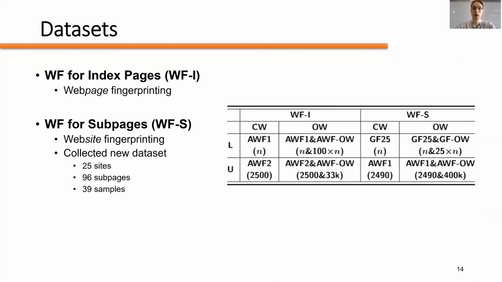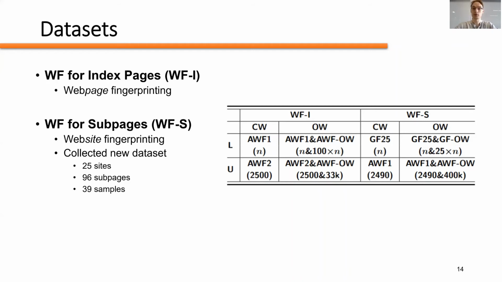So in this paper, we also performed our evaluations under two different additional perspectives. In the first, what we call website fingerprinting for index pages, we use the large data sets collected by Saidur et al. and Rahman et al. In this scenario, each website is represented by samples produced from visiting its index page, and only its index page. This represents the way website fingerprinting has been performed throughout much of the previous literature.